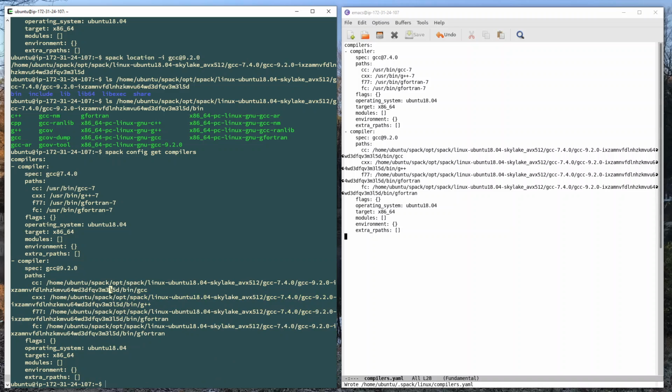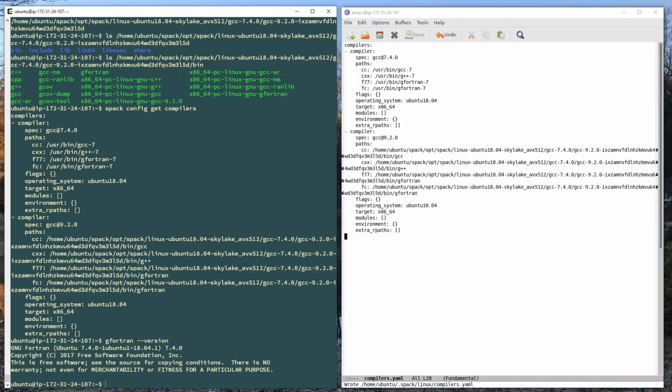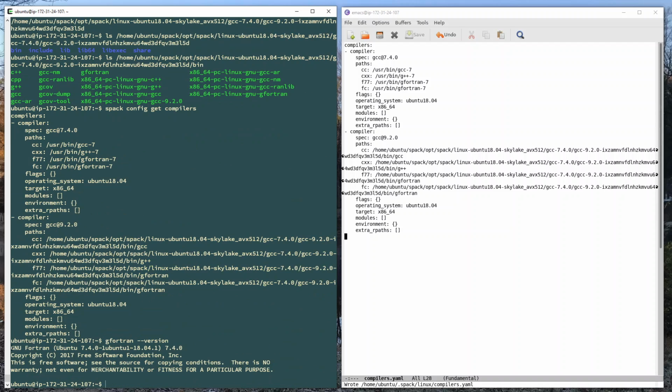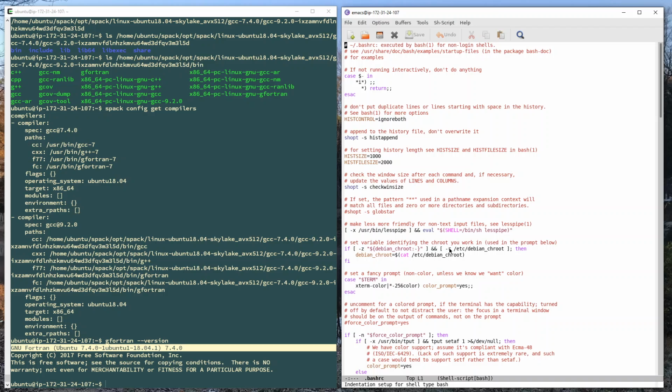Okay. There's one more thing that we should do as well, is we need to put the path to the new compilers in our path, our Unix PATH variable. So for example, if I typed gfortran --version, which is going to tell us the version number of gfortran, you can see that it's still pointing to the old, oops, let me scroll back down, it's still pointing to the old version, which is 7.4.0. So what we can do is go to our .bashrc file in the instance,